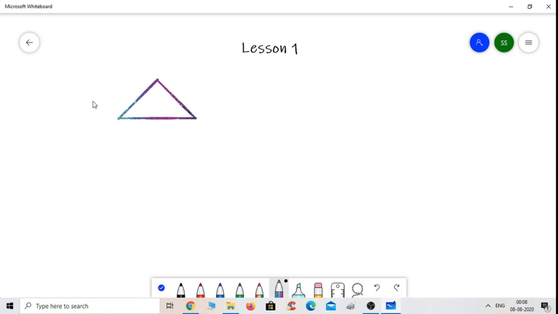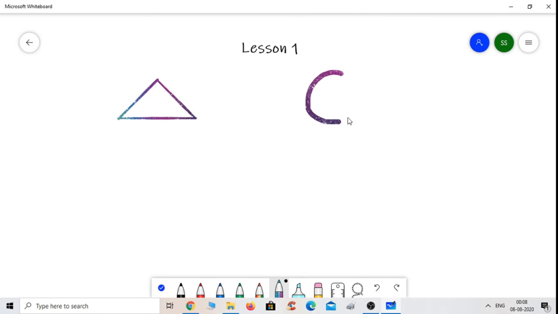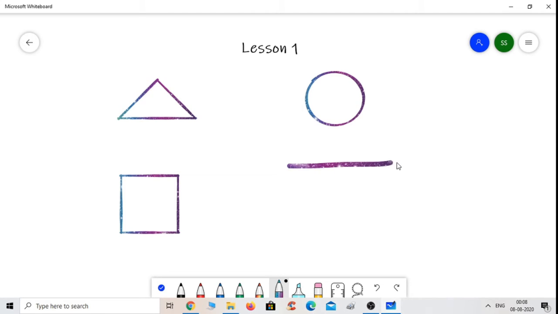So you can see within a second it detected my ink and converted it into a shape. So that's why the name of this tool is ink to shape. Suppose I want to draw a circle like this. Suppose I want to draw a square like this. Suppose I want to draw a triangle, rectangle, you can add like this. Okay, so it is a wonderful feature.